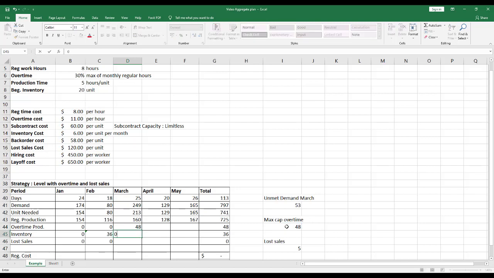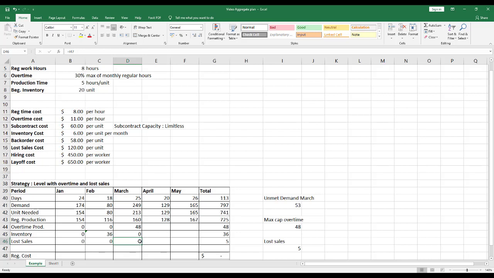Inventory is 0, and here is lost sales. As you can see, it's different with the first strategy. In the first strategy, unit needed in April is 134, but in here it's 129 because there's no back order,